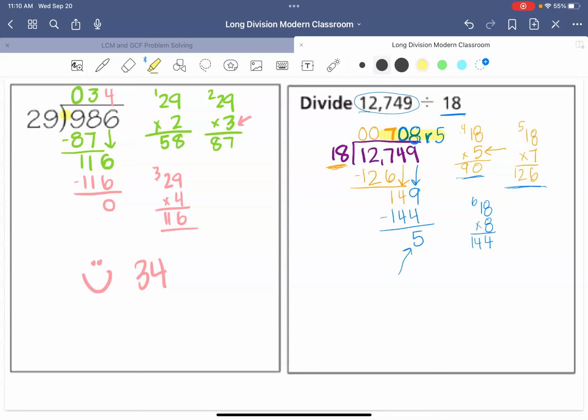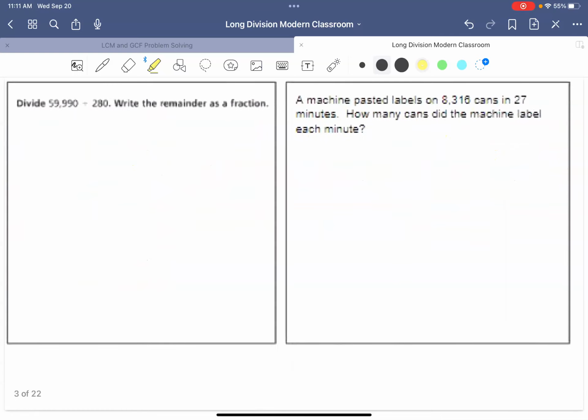Okay, now sometimes you will see questions that will say write the remainder as a fraction. So we're not going to do the remainder R. We're going to write the remainder as a fraction. So let's go over how to do that type of problem. We have 280 into 59,990. Now, let's go through that process of, if I have 5 cookies, no, definitely not enough for 280, nor